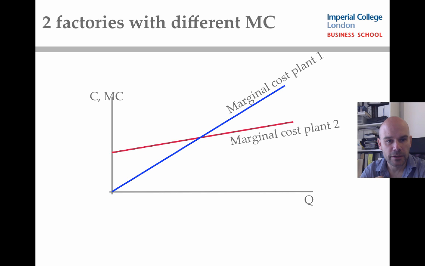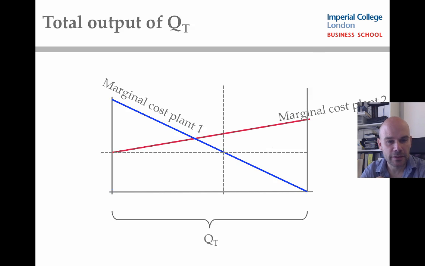One particularly neat way of expressing that is a slightly different diagram, which looks like that. What this diagram tries to answer is the question: say we want to produce a total output QT, and imagine that QT can be represented by this length from here